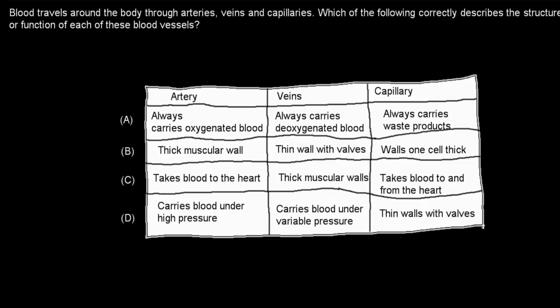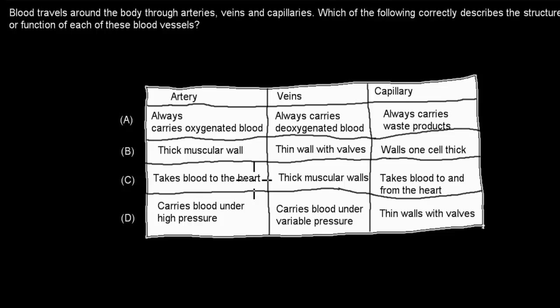Next is this one. Blood travels around the body through arteries, veins, and capillaries. Which of the following correctly describes the structure or function of each of these blood vessels? A, artery always carries oxygenated blood, veins always carry deoxygenated blood, capillary always carries waste product. B, artery, thick muscular wall; veins, thin wall with valves; capillary walls one cell thick. C,